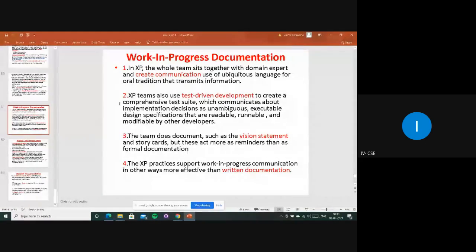So simply, in the second point, they will be using TDD methods for communication: how to implement, taking decisions, whether it is executable or not, whether the design is perfect or not, whether it is suitable for other machines, whether it is readable, and whether we can run that application elsewhere. For example, if we develop an application on Windows, does it support other machines?